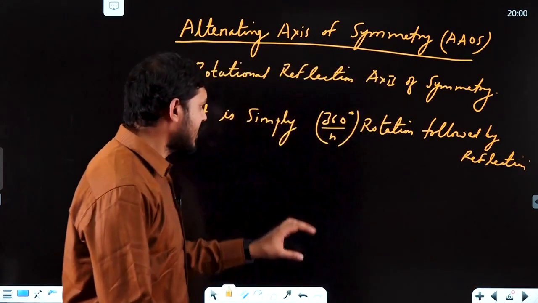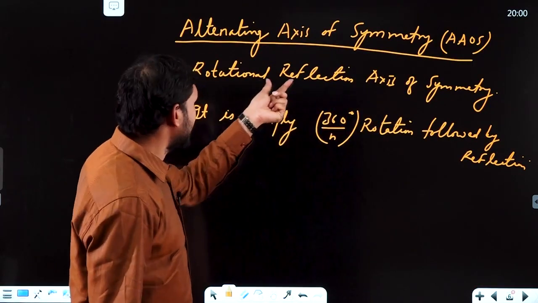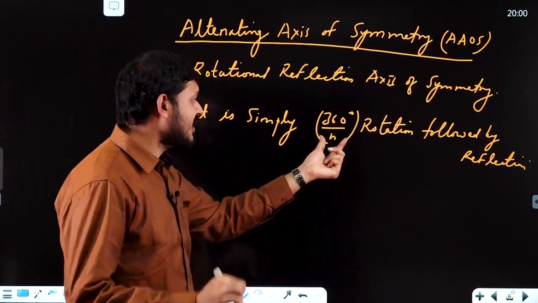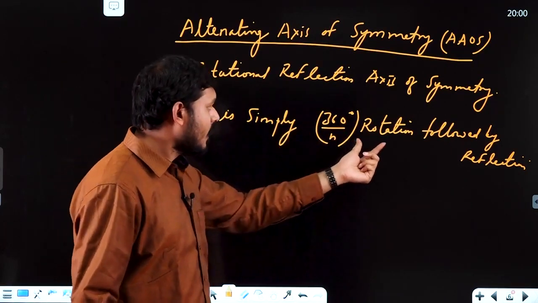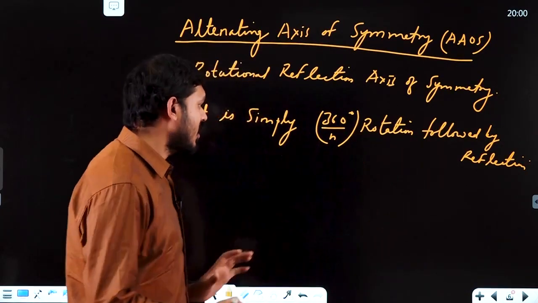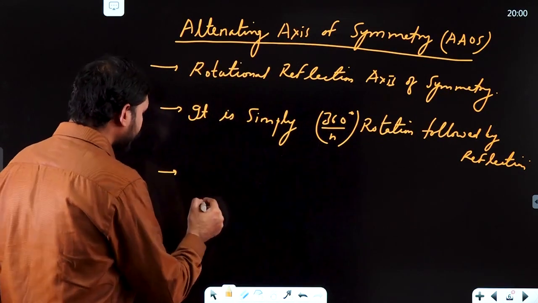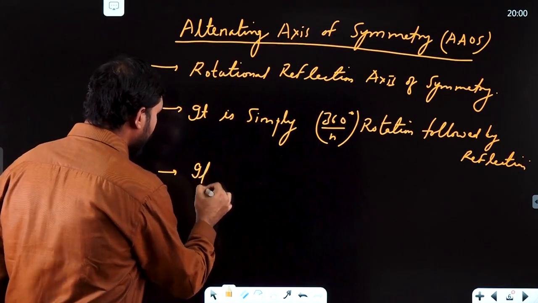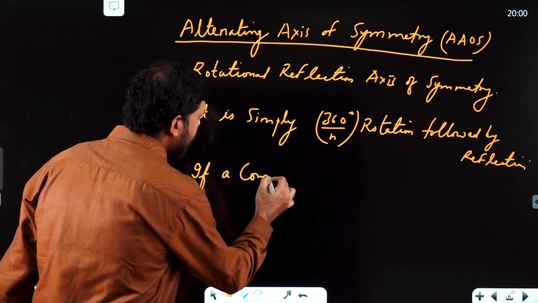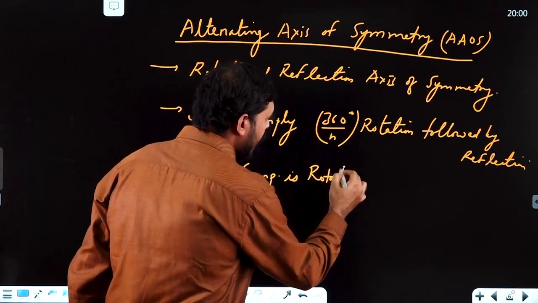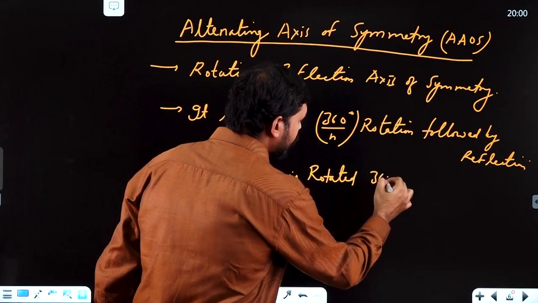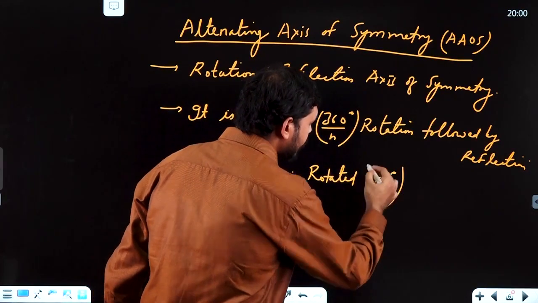Rotational reflection axis of symmetry: 360 by n was simply your axis of symmetry, then followed by reflection. Now what happens in this way? If a compound is rotated 360 degree by n,